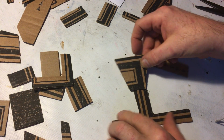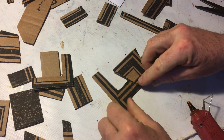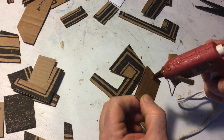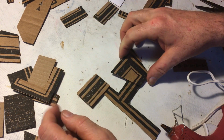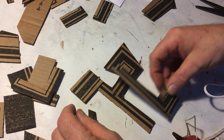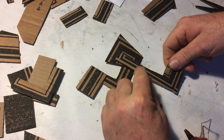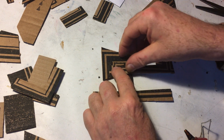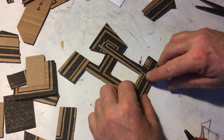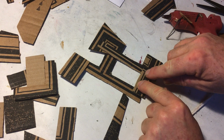Let's try another one. Well, part of the reason I'm showing you this is to have you see, whether you like it or not, what things I think about while I'm making these constructions. And because I think probably because I don't have a particular thing in mind, it's turning out to be very abstract at the moment. And I think that's sort of fun about how some of these things turn out. They start out as an abstracted object,